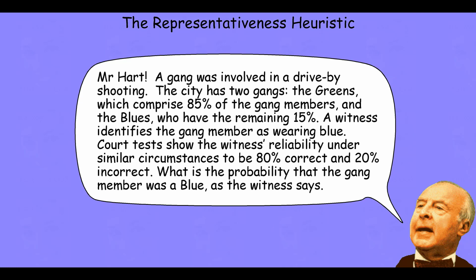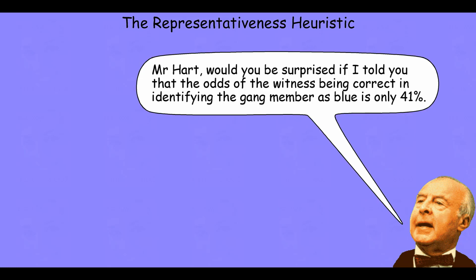So if you've got 85 out of 100 gang members who are Greens, and you get 20% of those being judged as Blues, then that means that about 17 out of those 85 gang members will be misidentified as Blue. So there's a very high error rate, really. When you look at the Blue members, the error rate's still 20%, but now it's 20% of just 15 out of 100 gang members. And as a result, we only get 3 misidentified gang members. So there's a much higher error rate because of the differences in the base rate.